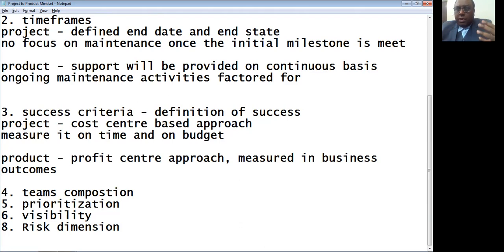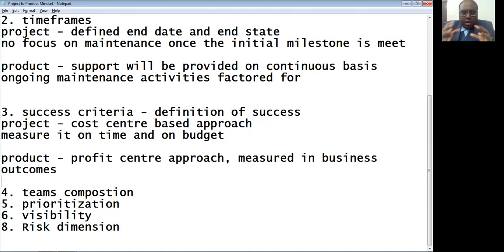For example, if you are fortunately able to quantify innovation and continuous improvement, that can be considered either as an agile outcome or as a business outcome, depending upon the context, because context gives life to the content. The point I'm trying to say is, there is a difference between the success criteria of a project versus a product.